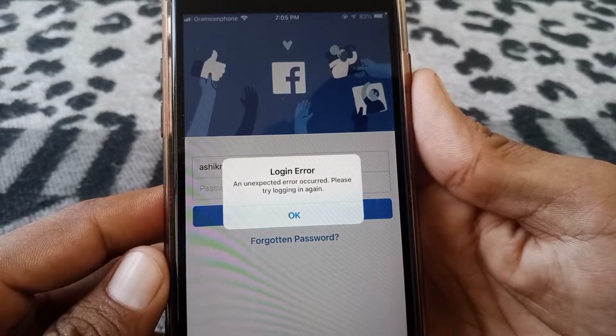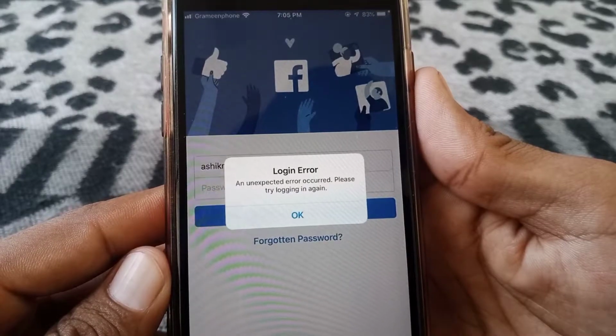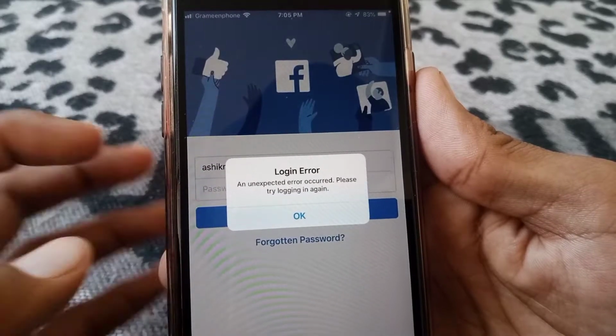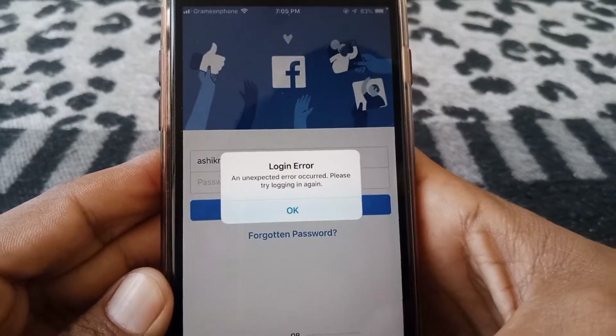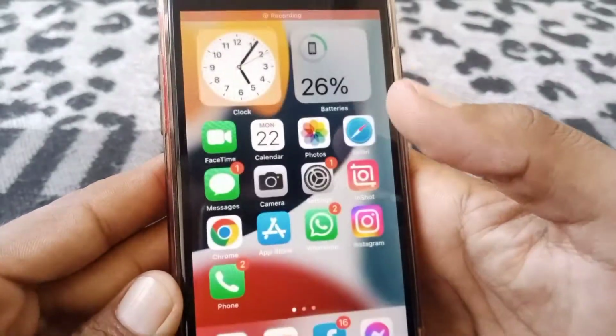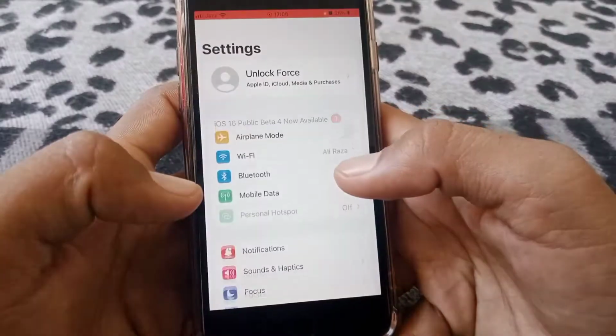So guys, in this video I'm going to be showing you how to fix this type of error on Facebook. If you want to try to log in to your account and you are facing this type of problem, I'll show you how you can fix this on your iPhone. Just simply go back from here, and firstly what you need to do is open Settings, and after